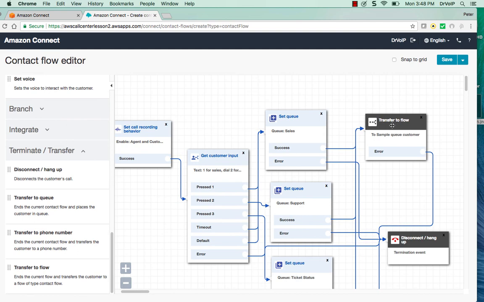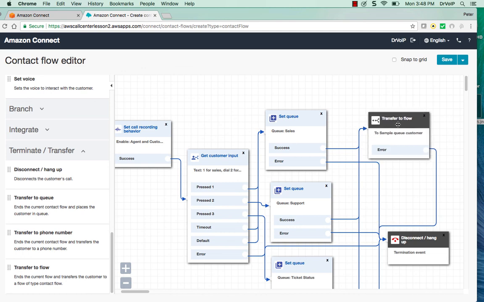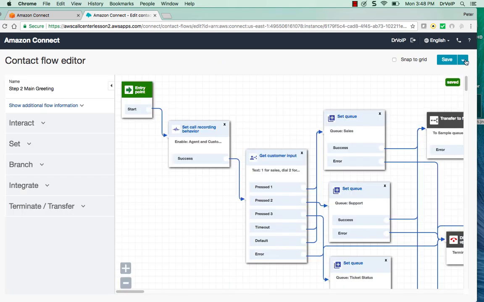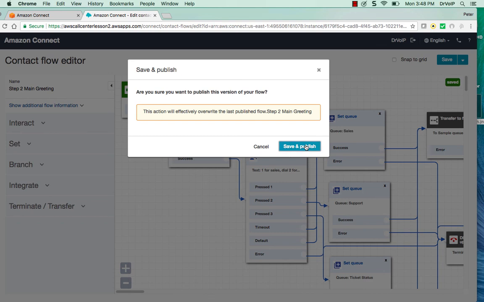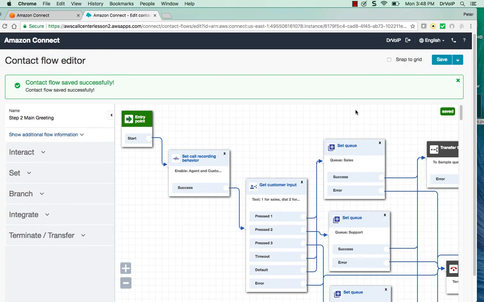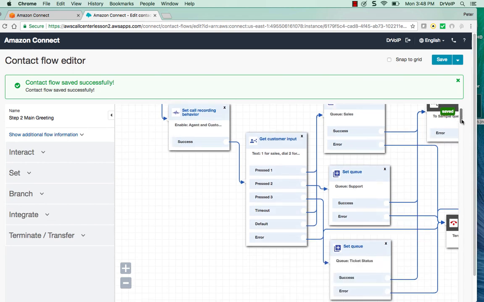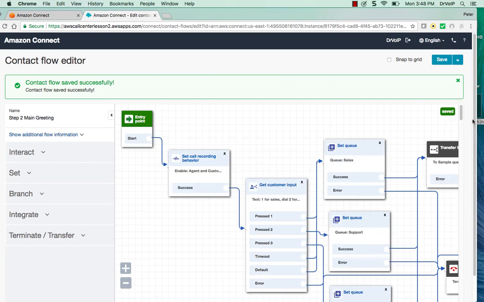In the next tutorial, we'll talk about setting up the transfer to a flow that will manage the experience that callers have while they're waiting for an agent. So at this point, we should be able to save and we should be able to publish. So as you can see, we've got a saved indication. I don't see it published, but let's go back here to the